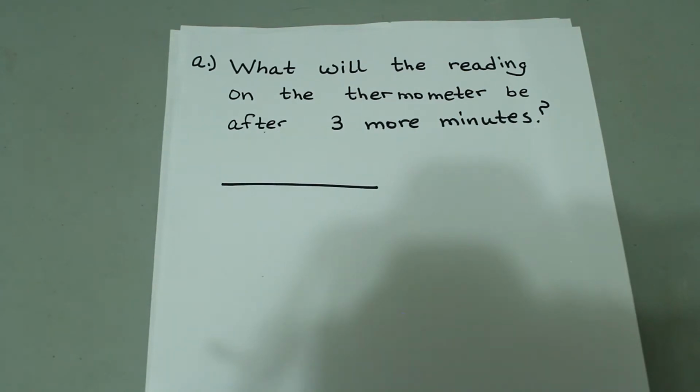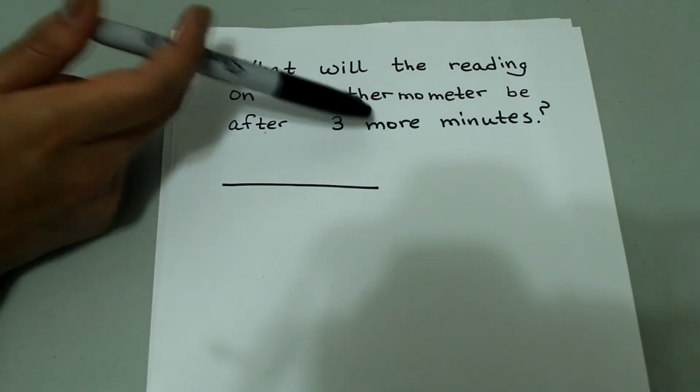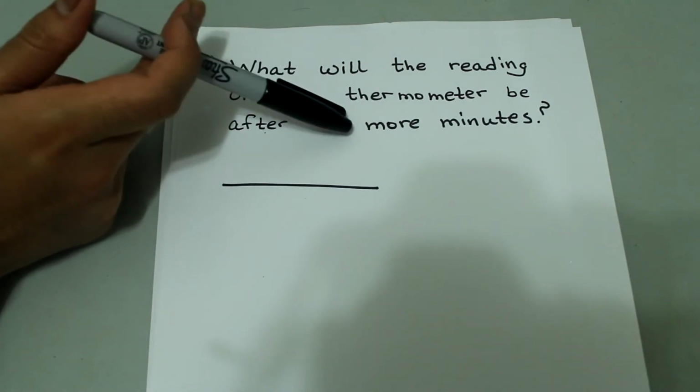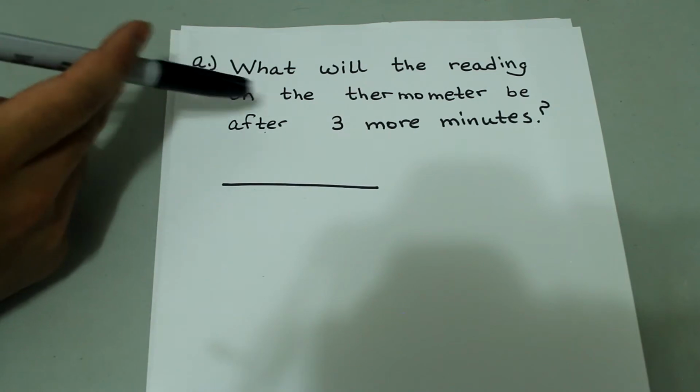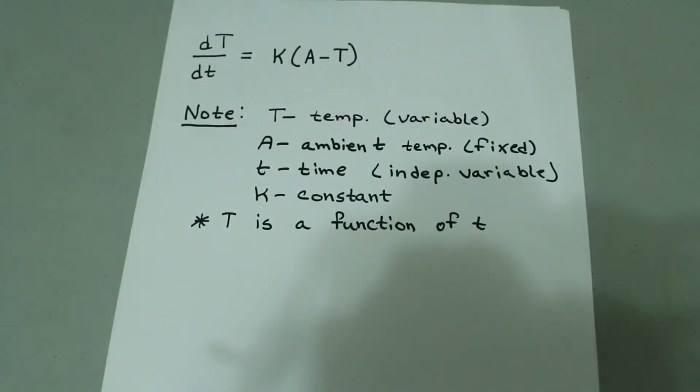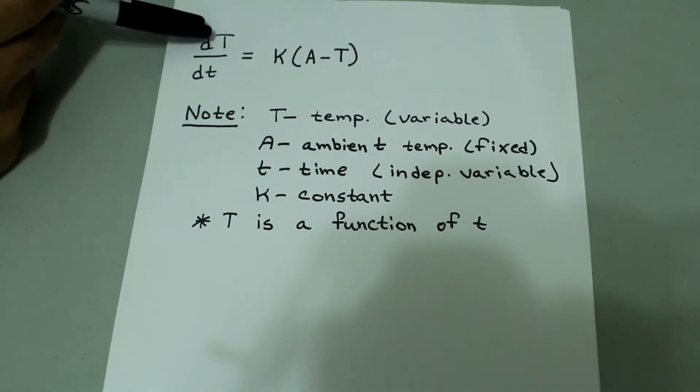We're dealing with temperature, and something warmer is cooling to ambient temperature. So right away we know that we need to do something with Newton's law of cooling. Another thing to notice is the word more. So 3 more minutes would make the time equal to 4 minutes after it's been taken to the outdoors. So we'll start with the expression for Newton's law of cooling, where we have dT for temperature